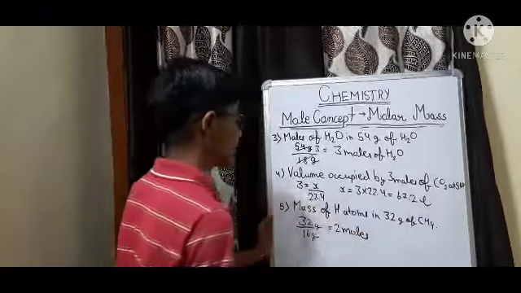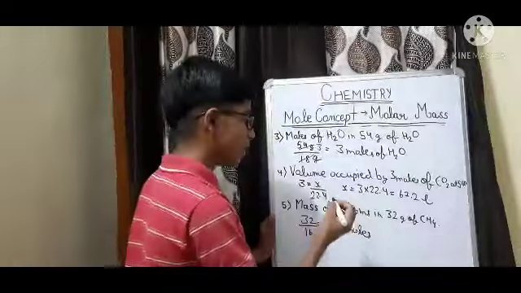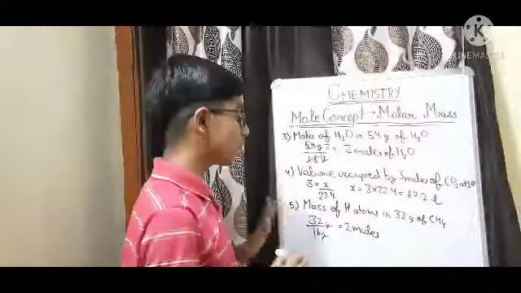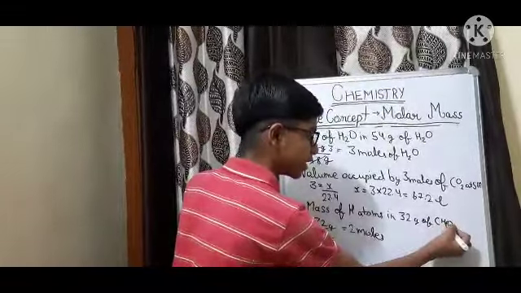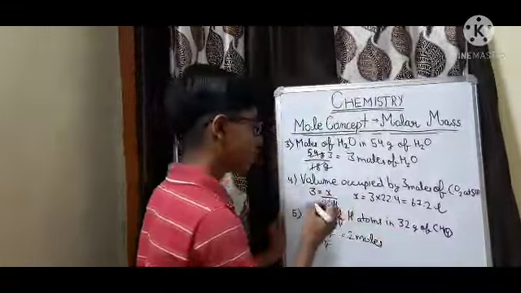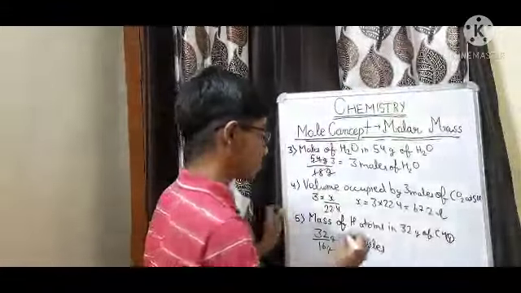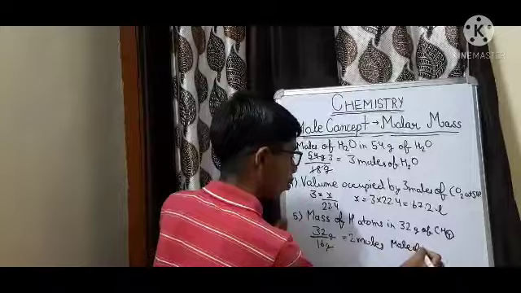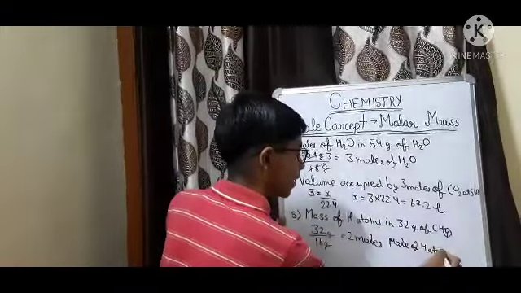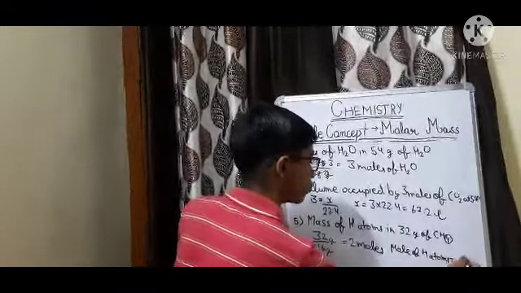Now for finding the mass of H atoms, we will need to find the moles of H atoms. Here H4 is written, these are the number of atoms. They have asked about moles of H atoms. So moles of H atoms is equal to 2 into 4,